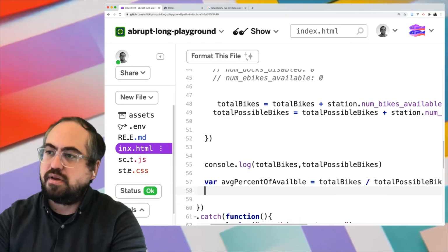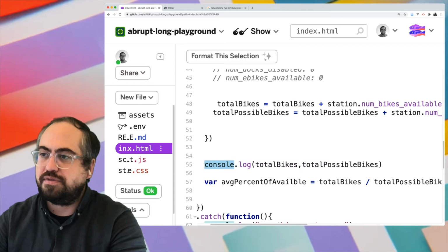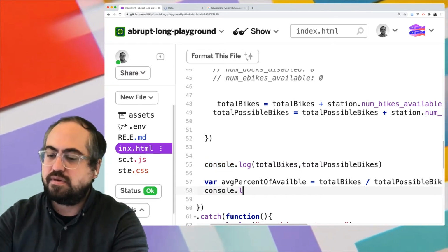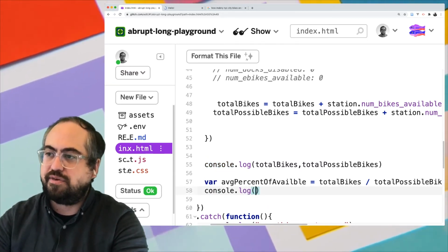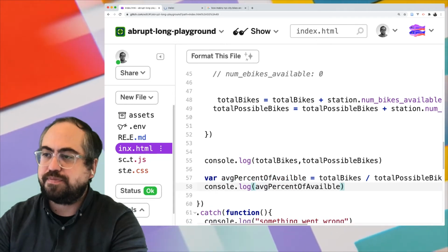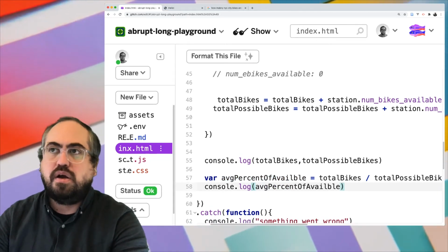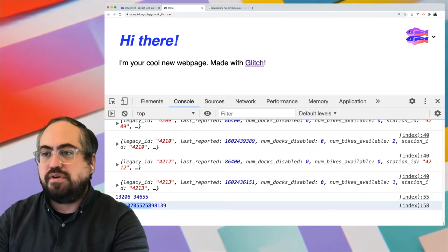And so we'll console log that average percent of available. So let's see what it says. So around 38%